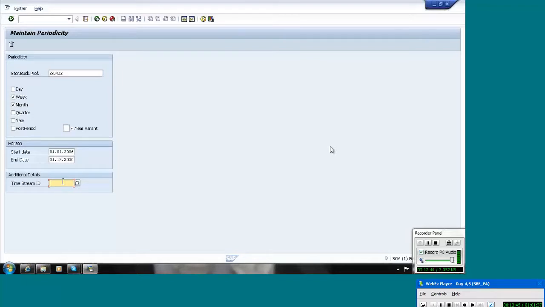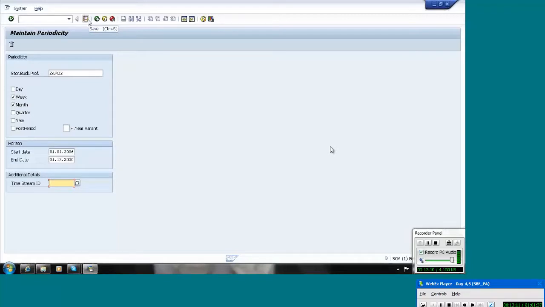Okay. So now, generally, the finance or HR will be doing the calendar, right? Actually, the calendars we are also getting from R3 to APO. Based on that calendar, in the APO, we need to create this time stream ID. We have to do this by ourselves only, functional consultants.